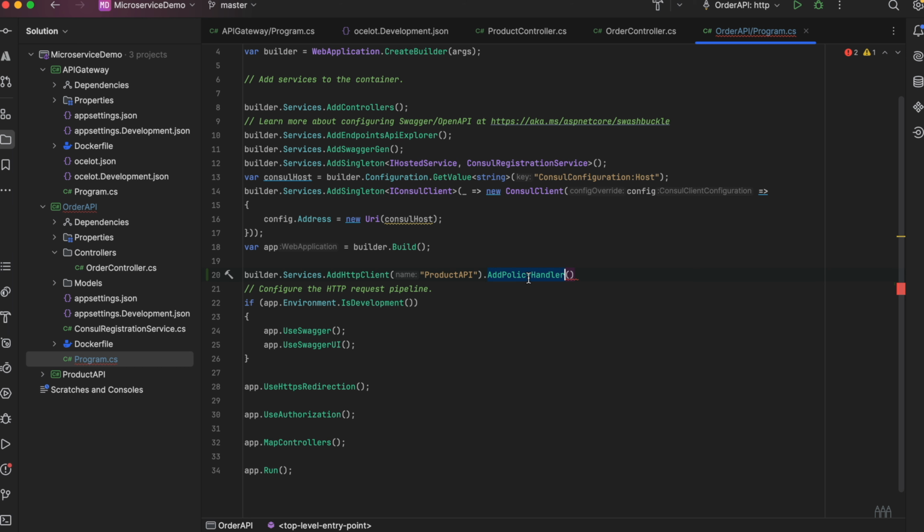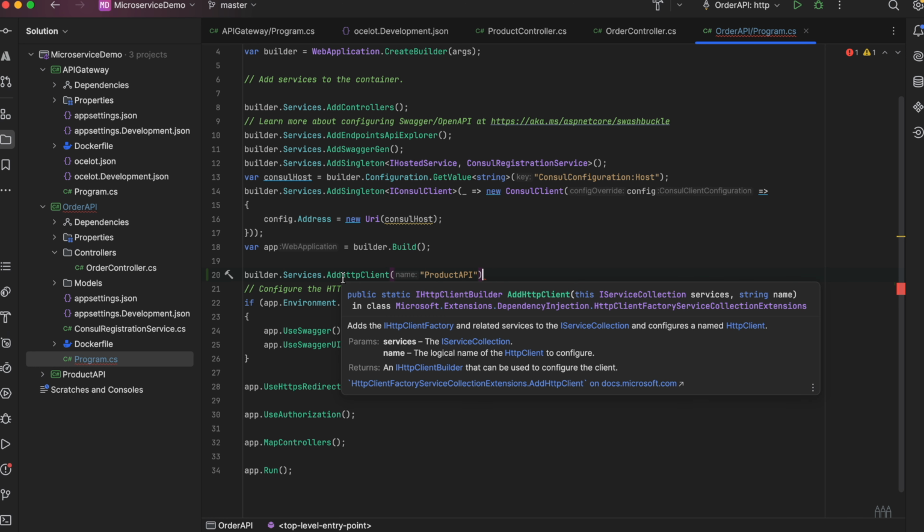Okay, so we can create an extension method. If you see here, when we create the HTTP client, the return type is HttpClientBuilder. Why do we create the extension method? Because if we create multiple HTTP clients, we would be applying the same setting for all the HTTP clients. So instead of doing that, we can create the extension method, add the circuit breaker policy over there, and use it whenever we create the HTTP client.